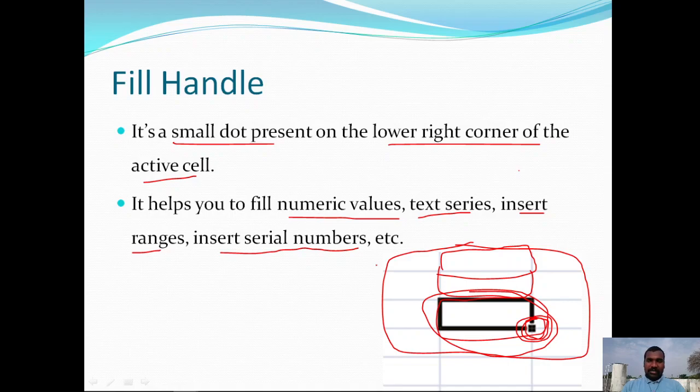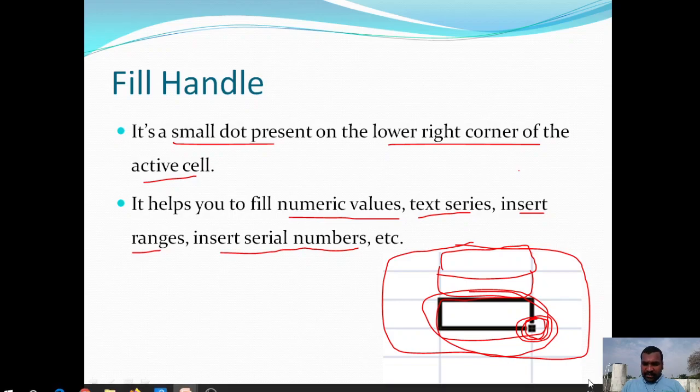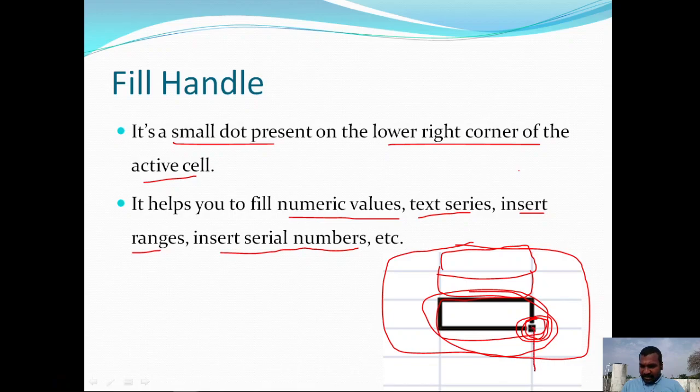Okay, so we can drag this fill handle by moving the mouse cursor onto this particular dot, and we can drag vertically as well as horizontally, in any direction. Then either the copy or series of content will be generated automatically. No need to enter the data manually.